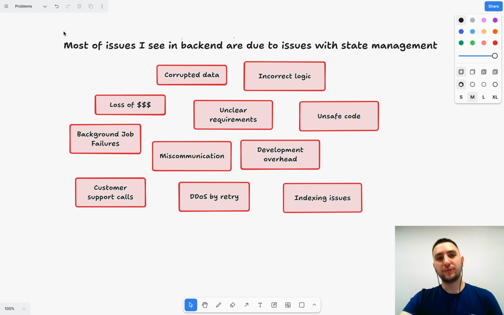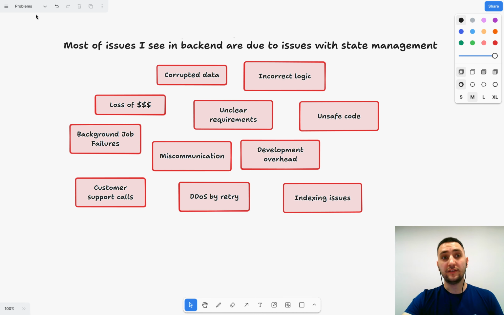Most of the problems lying in this design are problems that you can't just fix by a bug fix. For example, you have corrupted data in the database, you have some concurrent operations that are unhandled, and you don't know why you have certain data in the database and why the business logic doesn't work as it should. So these are all obscure issues that are very hard to catch and very hard to fix. So the design of the